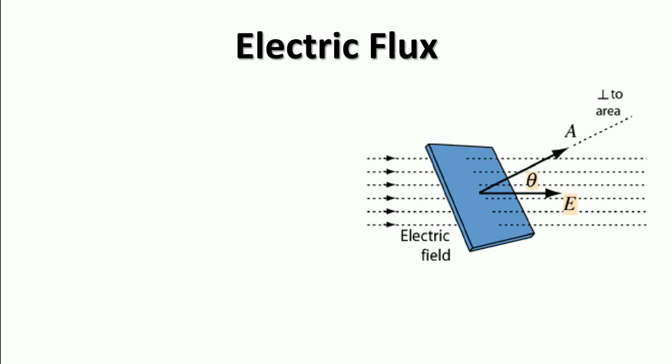Watch here. This is the surface we have considered which is tilted at an angle theta. Due to this tilt, the angle between the electric field and the area vector is theta. Okay, so these are the factors: the electric field, the area vector, and the angle between the area vector and electric field is theta. So the electric flux associated with this surface will be given as: phi is equal to EA cos theta,